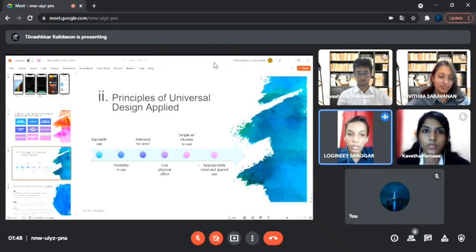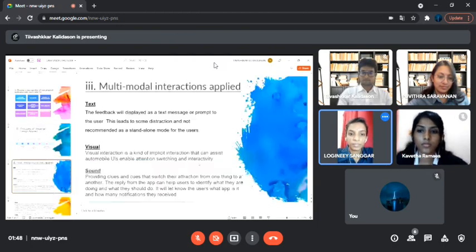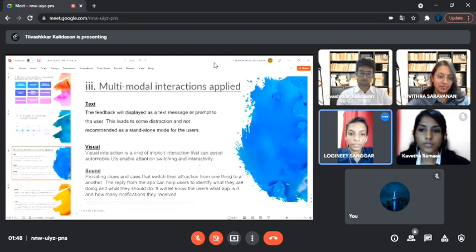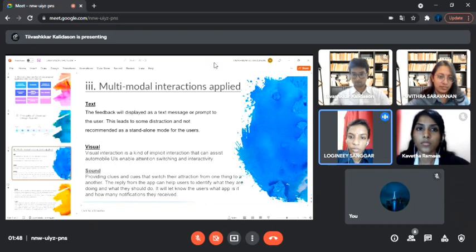Multimodal interaction. First is text. The feedback will display as text message or prompt the user. It is not recommended as a stand-alone mode for the user. The next is visual. Visual interaction is a kind of implied interaction that can assist and enable attention switching and interactive.